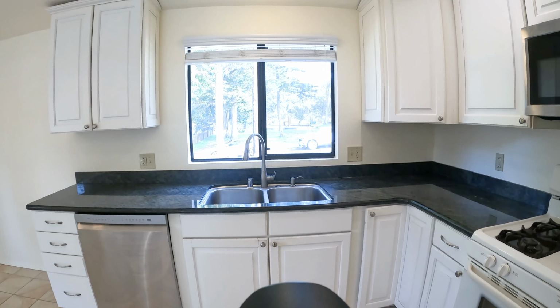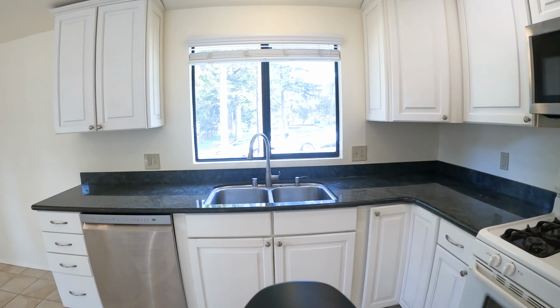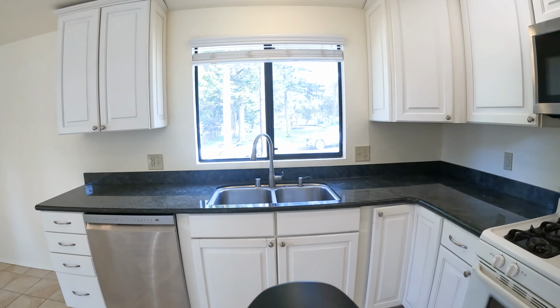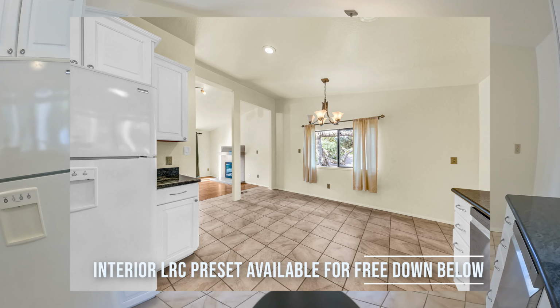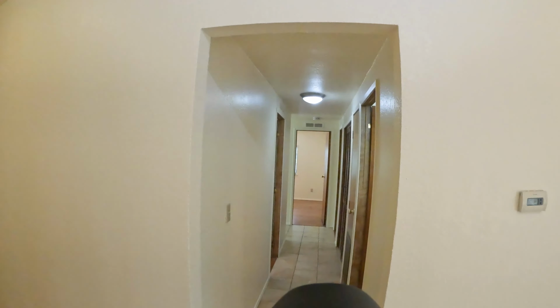These rentals don't have to be quite as artsy-fartsy as listings for sale, so you can afford to be a little bit sloppier with them. Obviously, you still want the photos to look nice, so you don't want to blast through them and have them look bad. You can get them done fast. So now we're gonna go into the hallway,